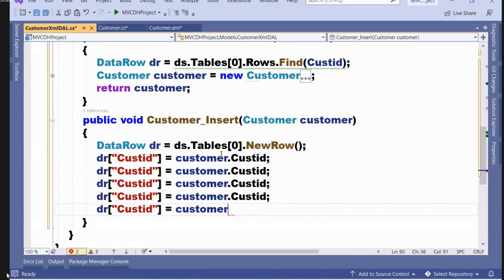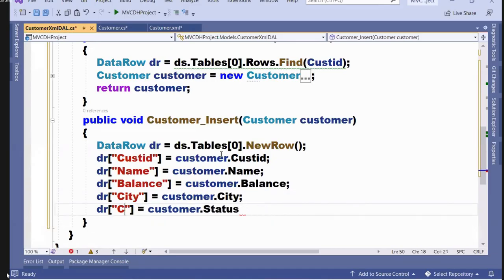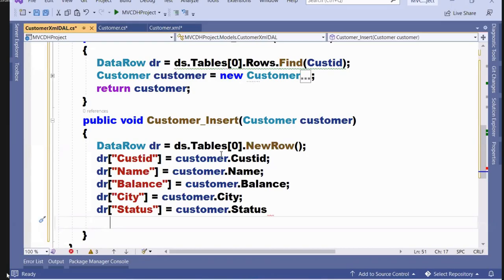This one, customer.status, customer.city, customer.balance, customer.name. Here also change name, balance, city, and status. Once after creating the row, what you'll do is you need to add the row to the